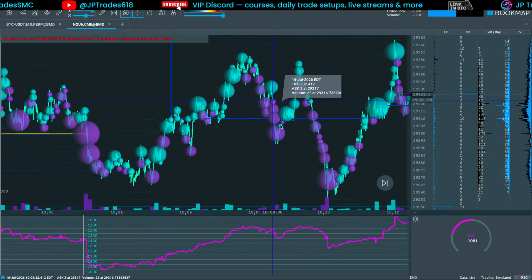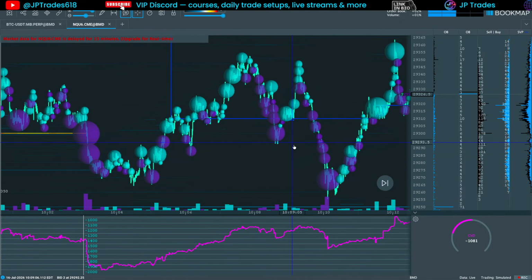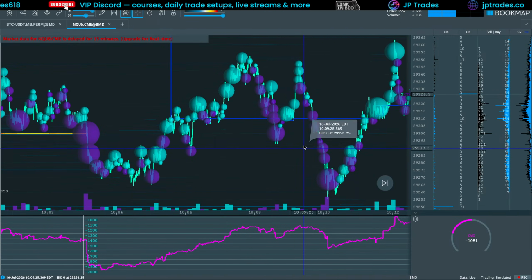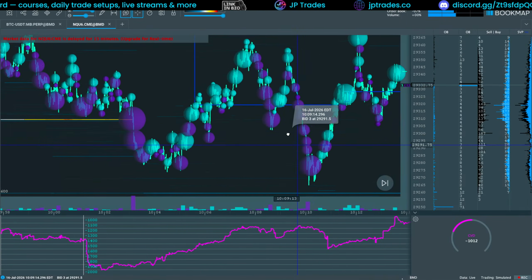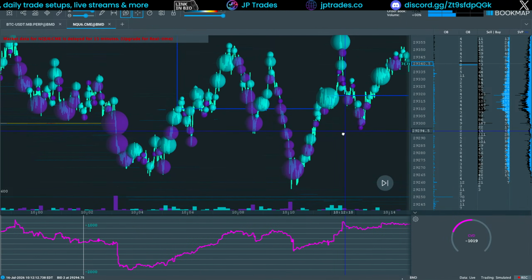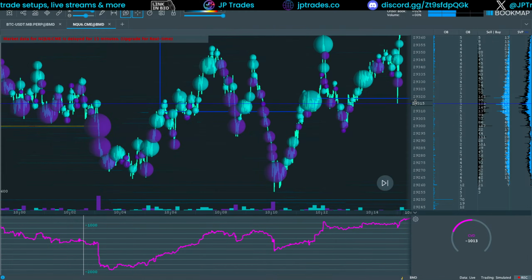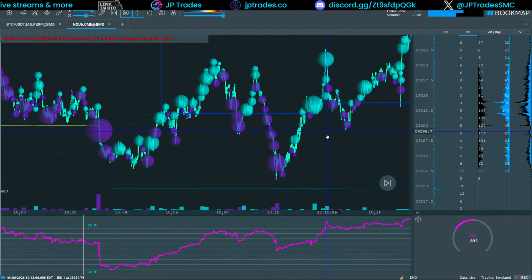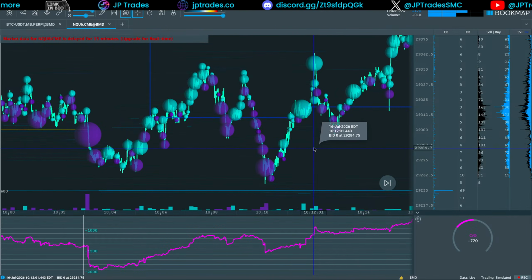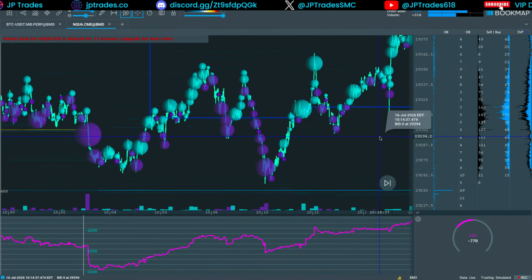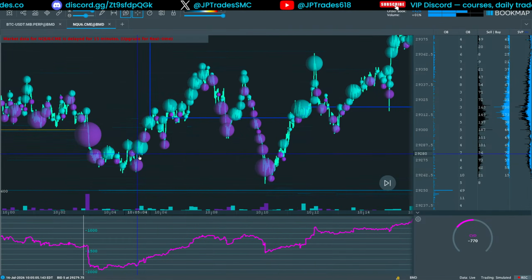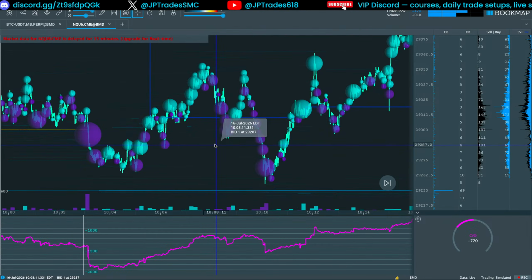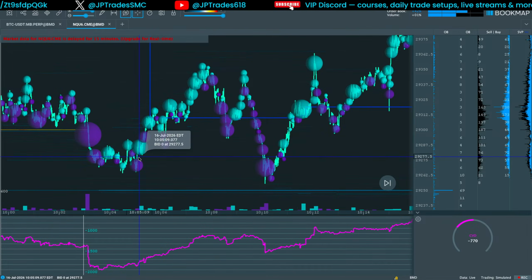Because things can still come back down. You have to allow something to breathe sometimes, or else you're just going to continuously get knocked out over and over and over again, until you get a really nice, quick, fast displacement away, to where it makes capturing those free trades very, very easy. But in this case here, I think I would have played it the same way you did,